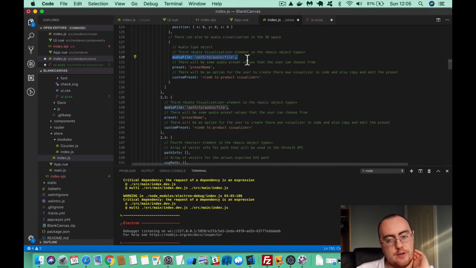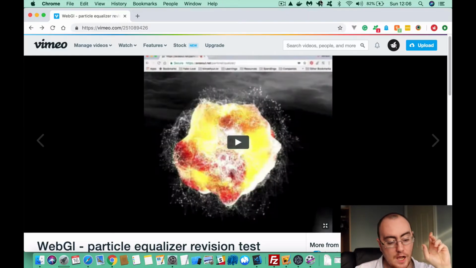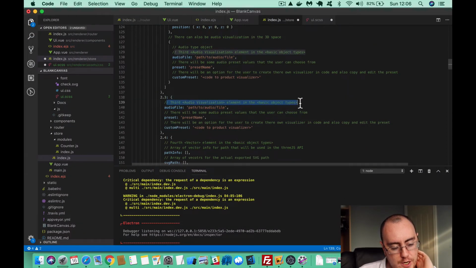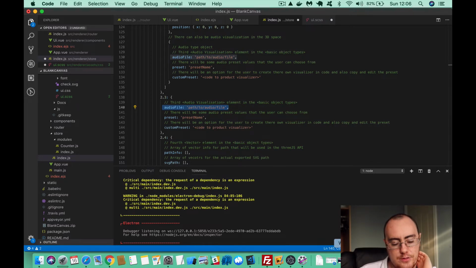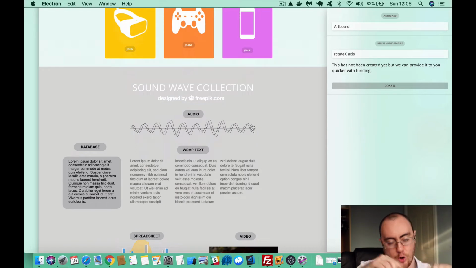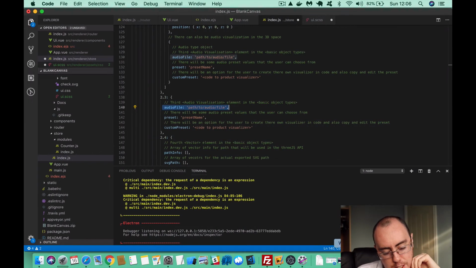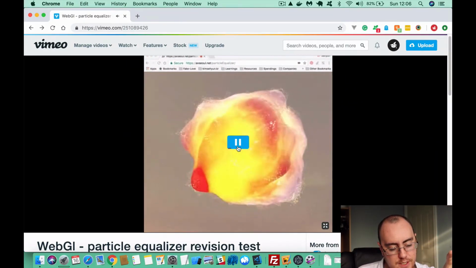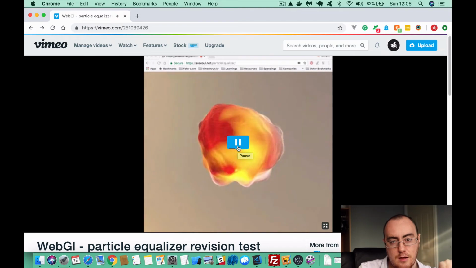We can also have audio files. Now there is a very interesting thing, and we have it here, I'm sorry that I've cut it out, but in the audio you can have audio visualization, not only on the canvas, like a little audio wave playing, but you can also have it as 3D space. So you can see here, this guy